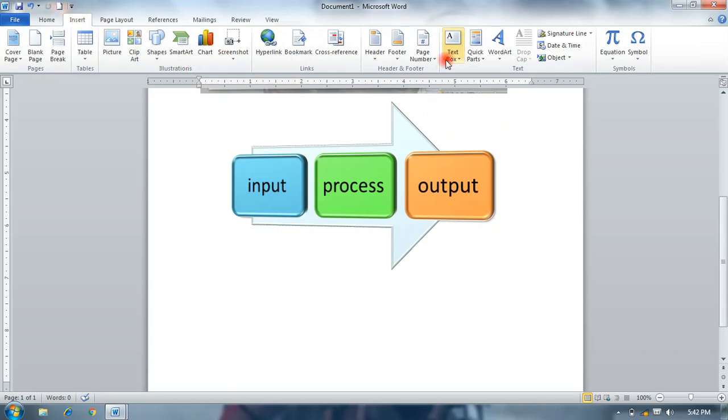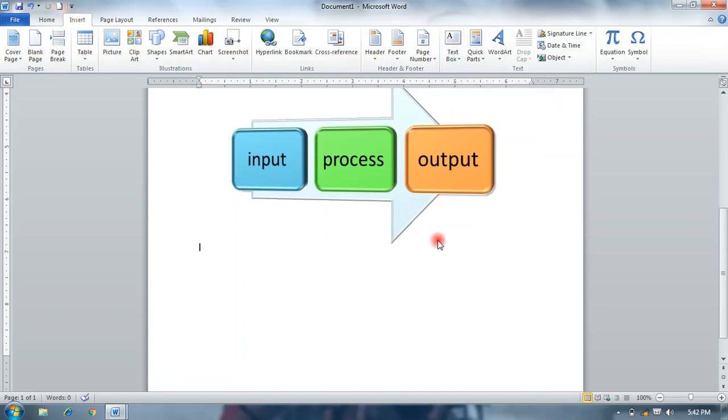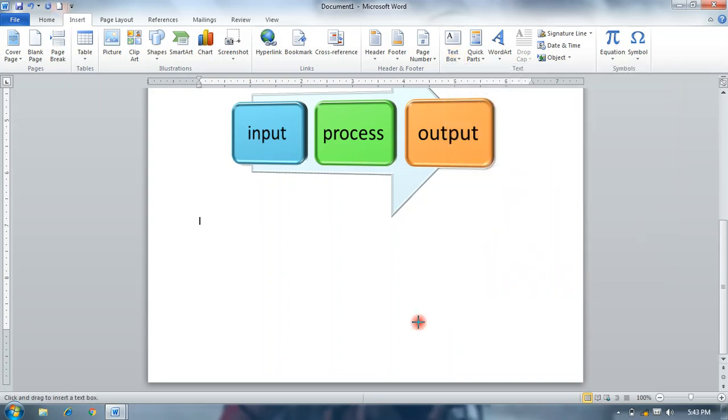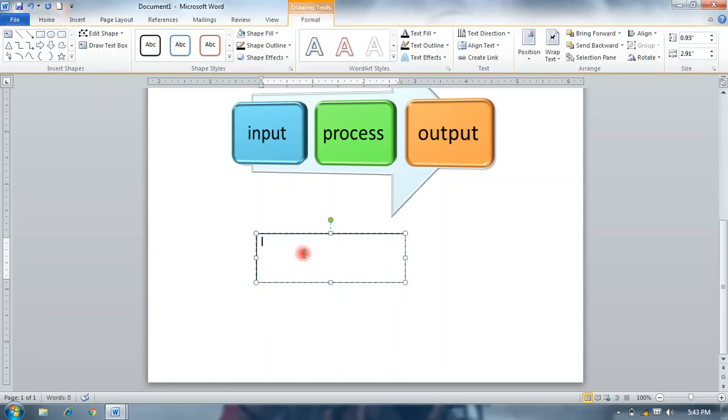Insert text box. When you type a text in a box, then this type of option is used. So you can select any theme. Otherwise, draw a text box: click and hold your left mouse button, and draw a text box. Now you can type a text in this box, and you can select this, rotate or format.